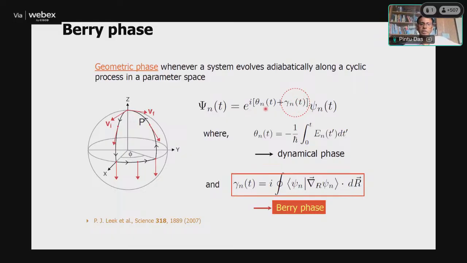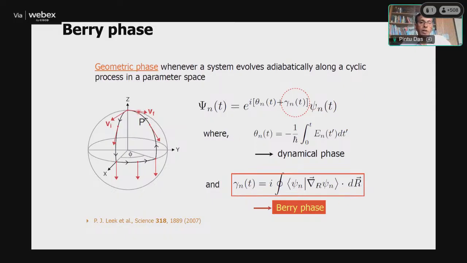So if you write it, e to the i theta n, where n stands for a particular band, there is a further factor e to the i gamma n t times psi n t. So this is an additional phase in addition to theta, where theta is the dynamical phase. All of you know this. This dynamical phase comes from the band structure. This additional phase, gamma n t, is called the Berry phase, and it is defined as this,